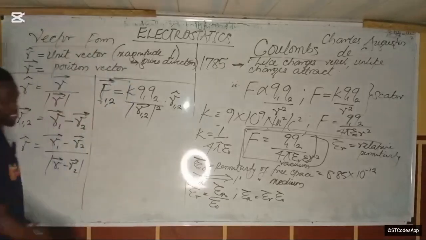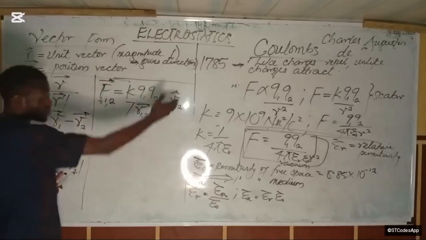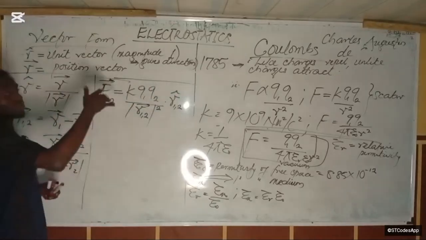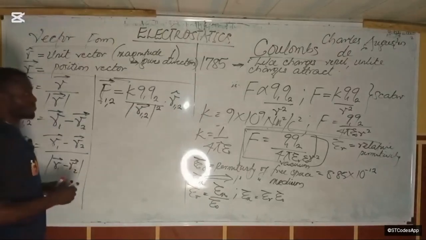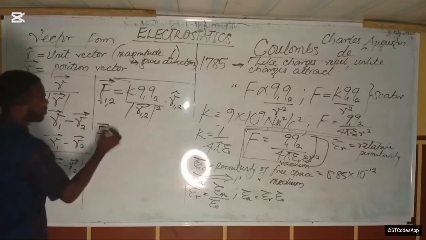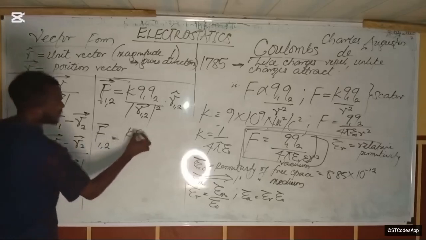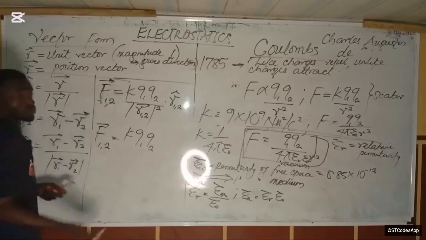Just in case you see that, I'm going to explain this, but if you already get this, then you're good to go. In the supervision video, I will use this to solve questions. Maybe I will even use this to solve questions in this video, but let's see. So we have F12 will be equal to, now, I can rewrite this as KQ1Q2, if I just want to use K.